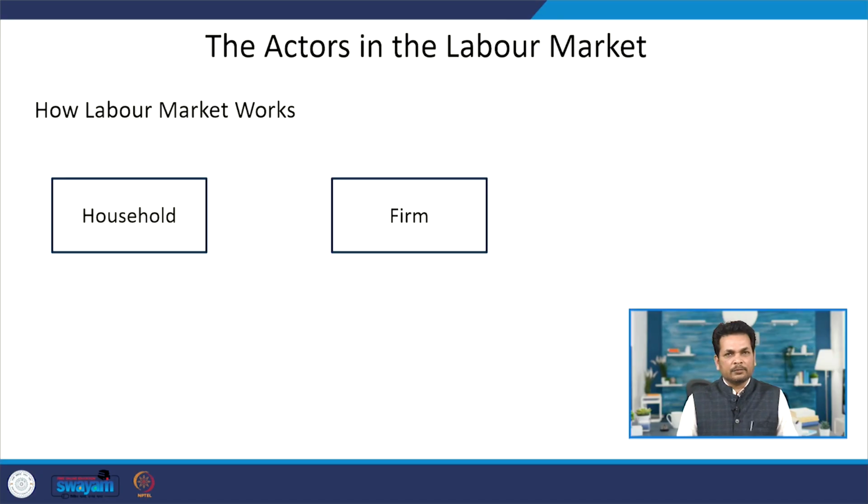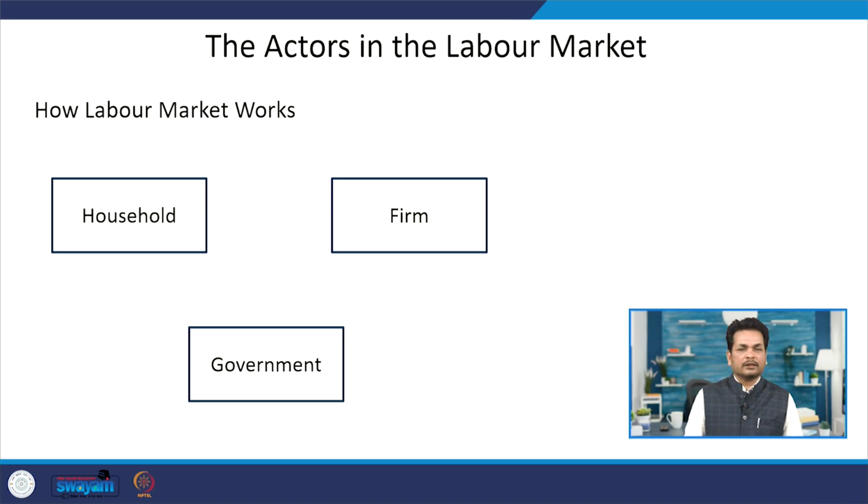When it comes to the farm, the farm takes decisions like how many workers to hire, how many hours of work to be done, when to lay off or close the plant, and pension or retirement policies for the workers. When it comes to government, the government establishes the environment to facilitate the interaction between workers and employers by providing training to the workers, giving unemployment insurance, workers' compensation, and pension. Government formulates laws to protect workers and farms.